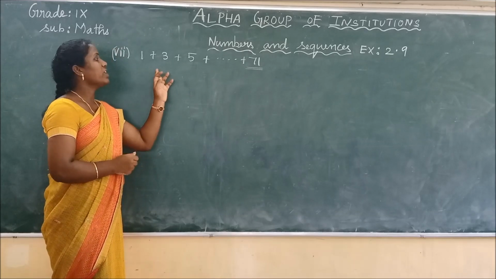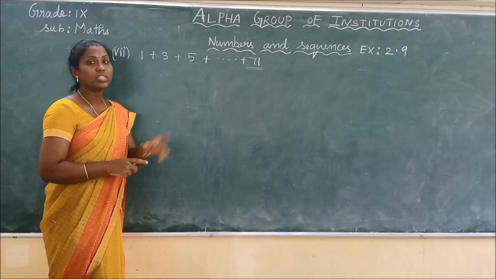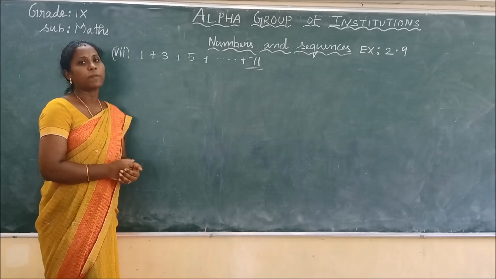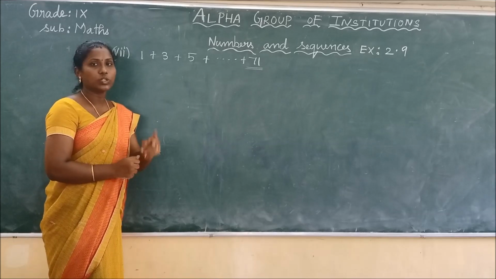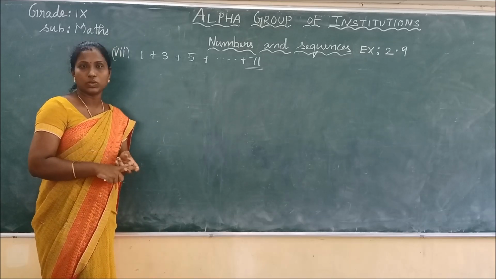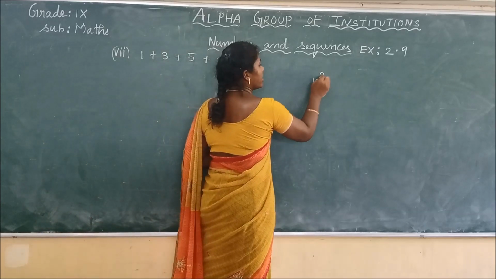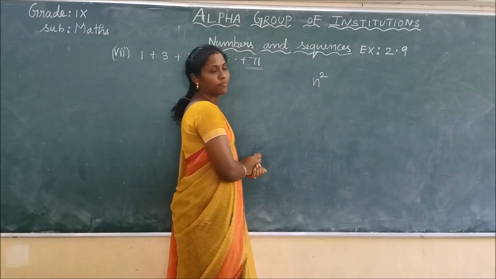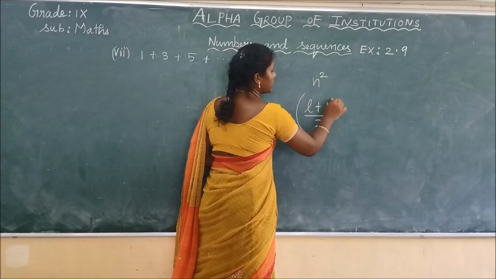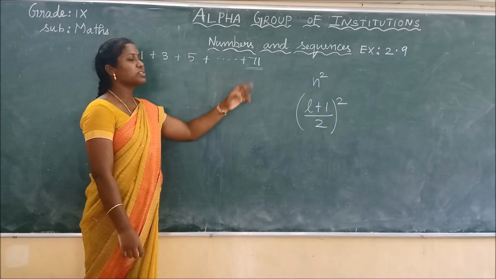See why? Only the odd numbers are there, the even numbers are missing. So it is not a continuous series, so we can't take the last number as n. Okay. So the sum of odd numbers has two formulas. One is n square, the other one is (n plus 1 by 2) the whole square. If the number of terms is given, you have to use the formula n square. Otherwise, if the last term is known, you have to use the formula (n plus 1 by 2) the whole square. Okay, this question comes under which category?